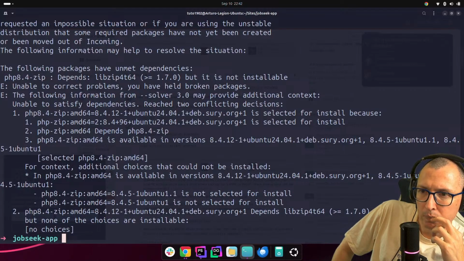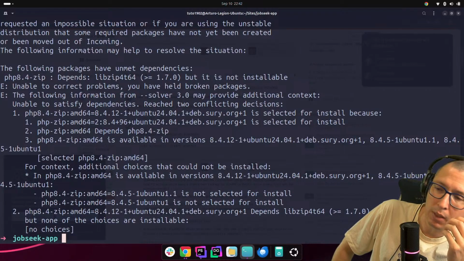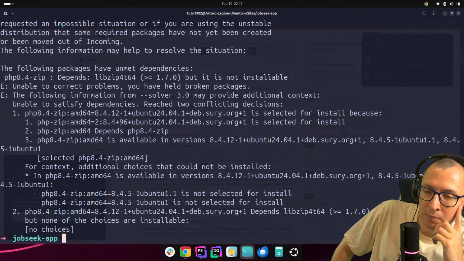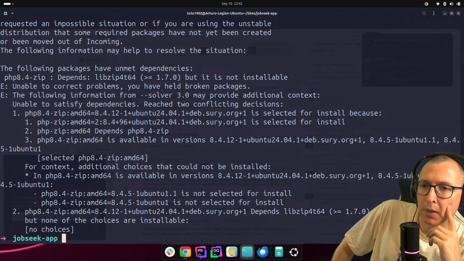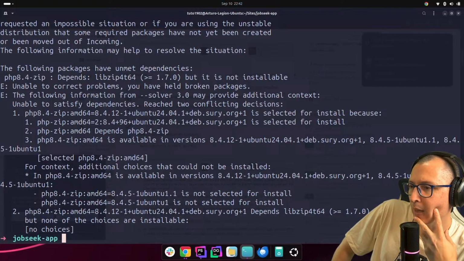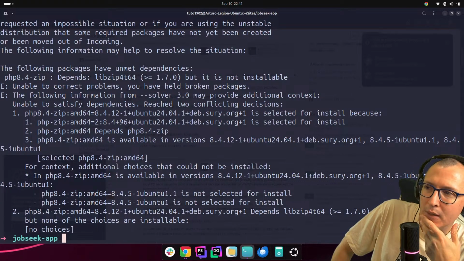I don't know. Looks like I'm missing a zip library for PHP, but there are unmet dependencies for Ubuntu, and I'm going to have to figure this out on my own because I don't know what to do.